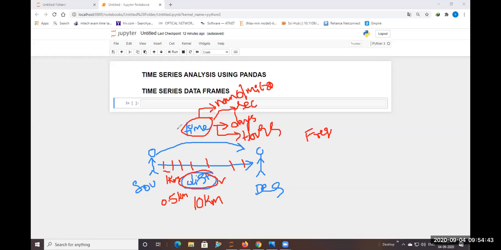So it depends on all these variables. If you take time, it may be in days, weeks or years, so it can be divided into different terms. You can also sub-differentiate in terms of seconds, hours, minutes, nanoseconds or microseconds, whatever it may be.